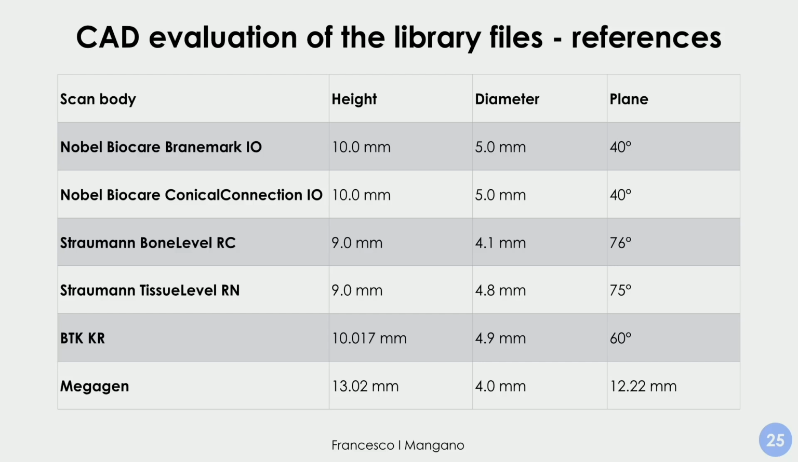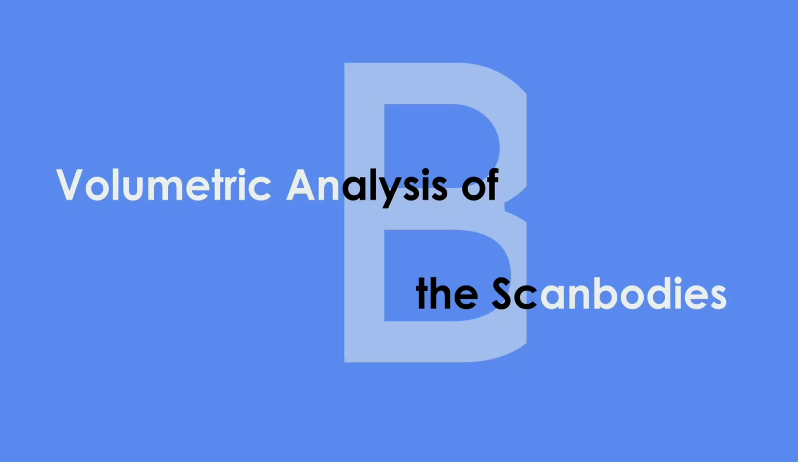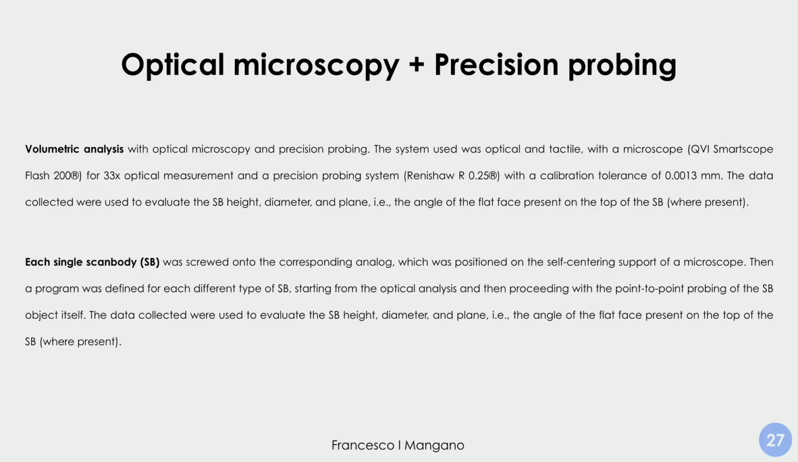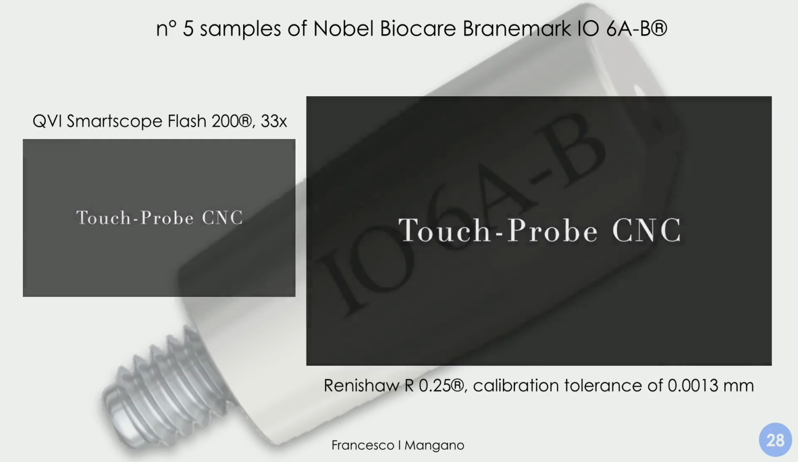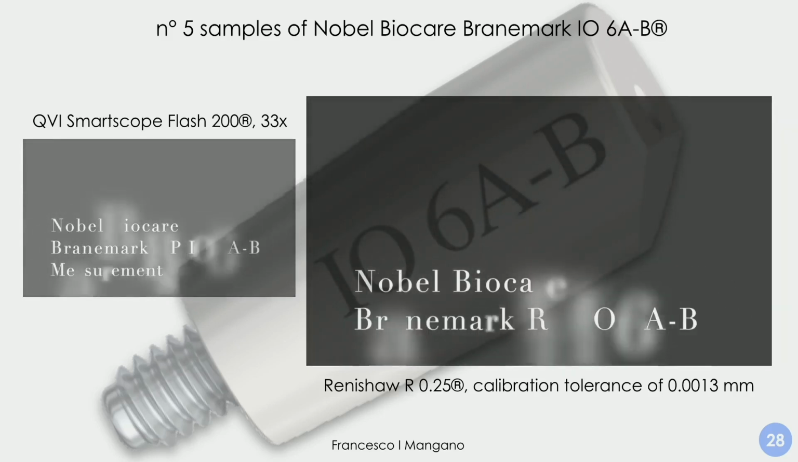These are our references. Now we have to test our sample, our physical pieces, our specimens, with the volumetric analysis of the scan bodies. And this volumetric analysis was performed by optical microscopy plus precision probing. So each single piece, each single scan body underwent this examination. And this is an example of what we did with the microscope. It was a